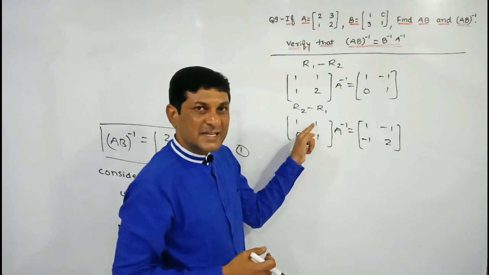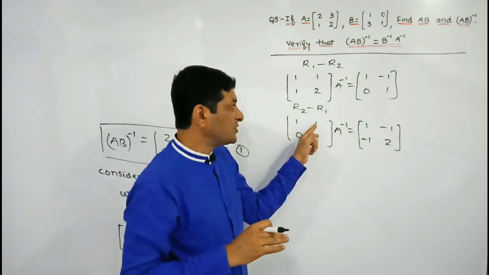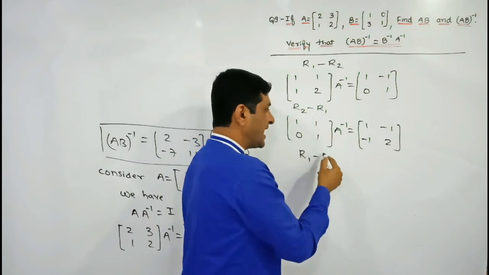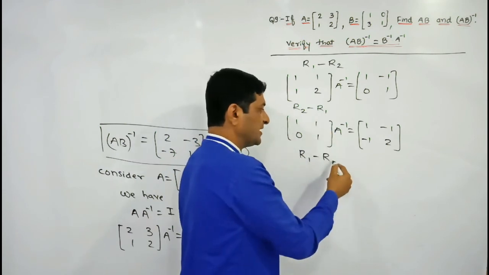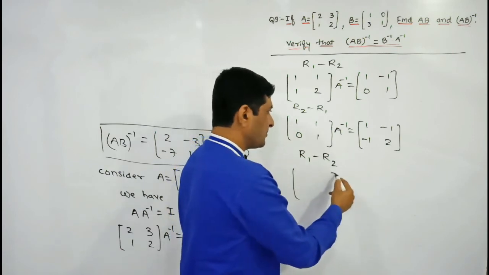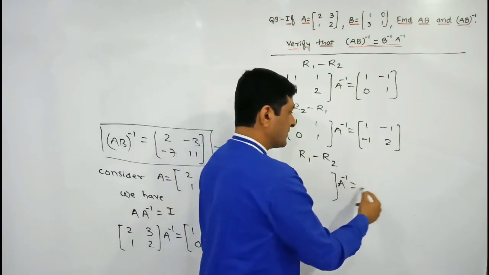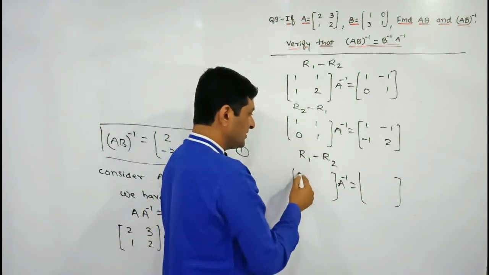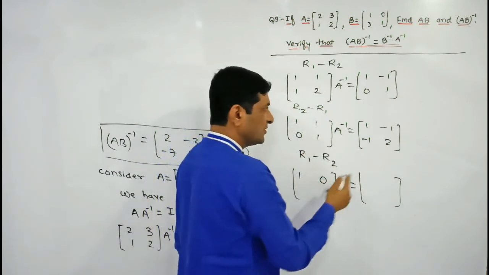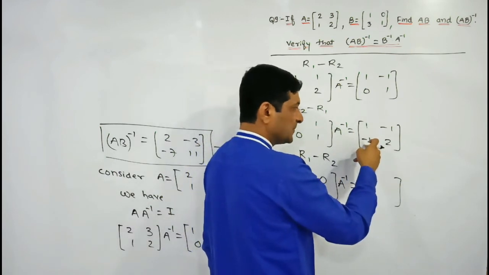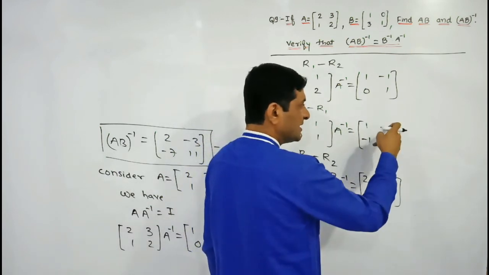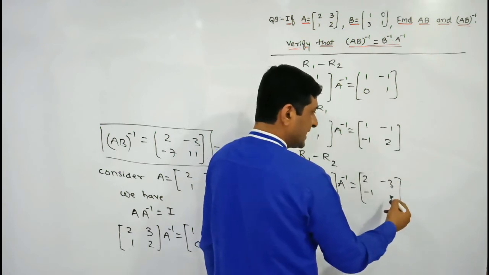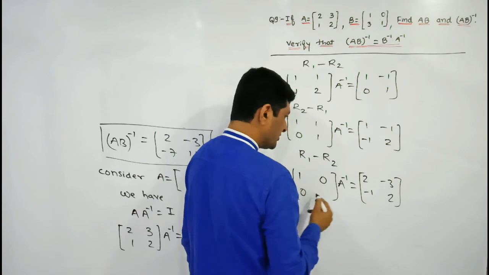Lastly, we will require 0 here. To convert this element into 0, our operation is on what? R1. From R1 we are subtracting R2, because 1 minus 1 will become 0. So let us perform this operation on the elements of R1 and see what result we get. So 1 minus 0 is 1, 1 minus 1 is 0, 1 minus minus means plus 1, 1 plus 1 is 2, and here minus 1 minus 2 will be minus 3. Keep the remaining elements as they are, 1, 2, because there is no operation on R2.